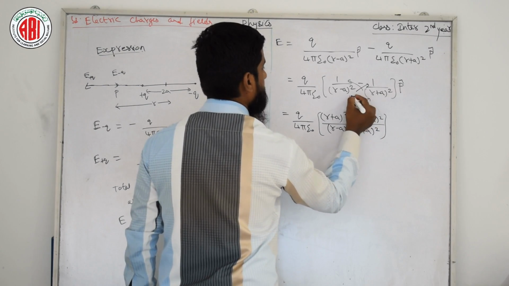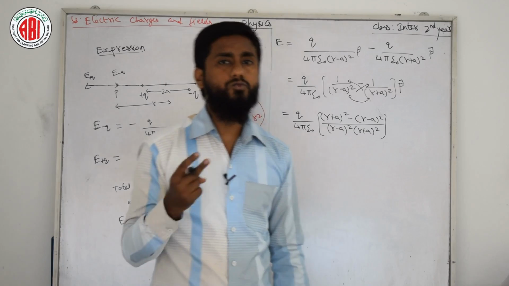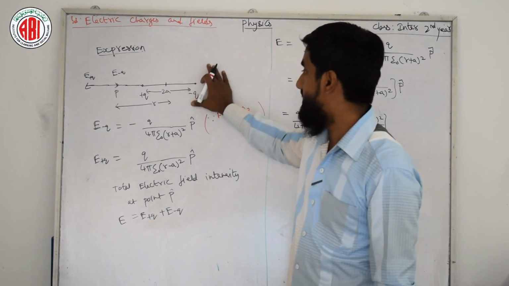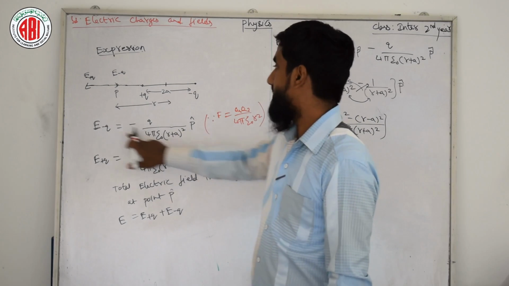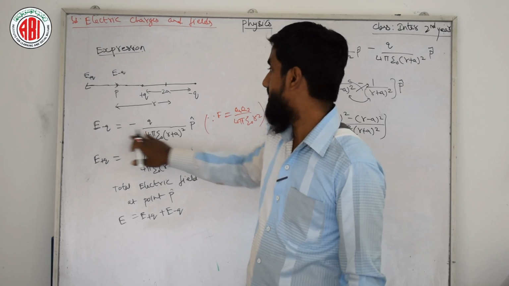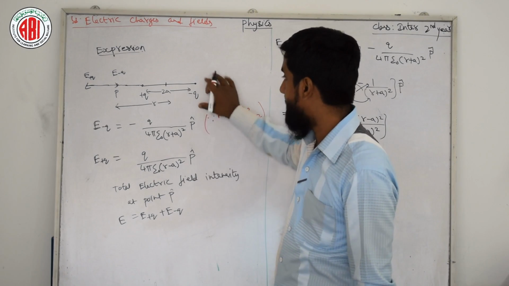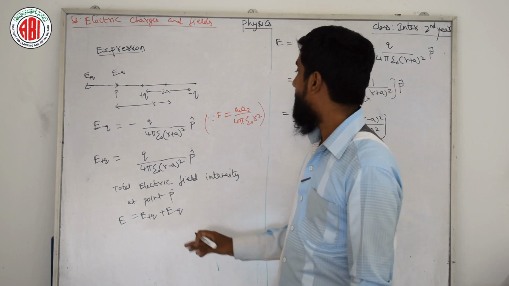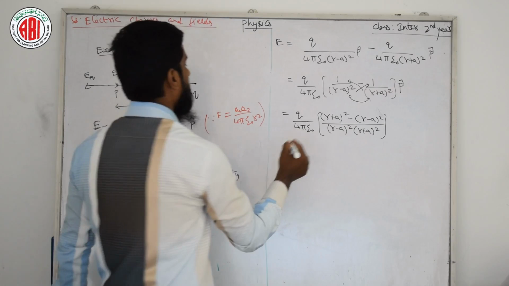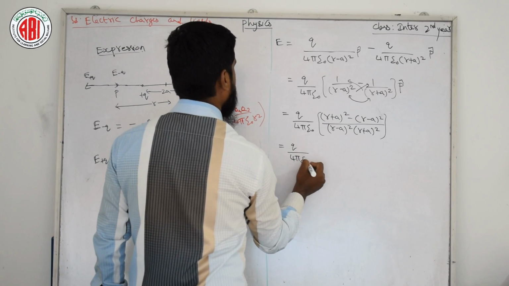This calculation is very simple. All the students and viewers, if we want to solve this, we have two main parts. One part is we need to understand this diagram and fetch the value of E for the negative charge and E for the positive charge. If we remember these two things and the diagram, we can do everything by our own simple calculation. Now it will become Q by 4 pi epsilon naught.